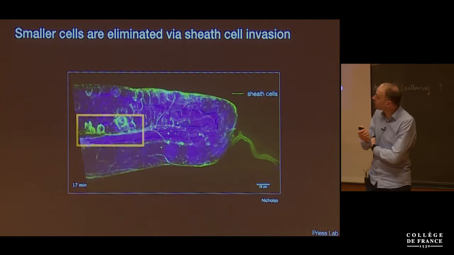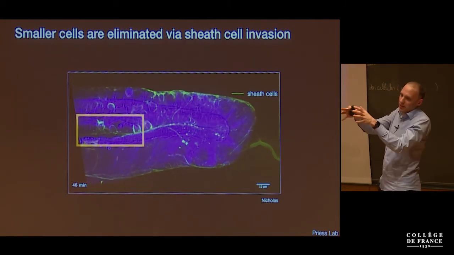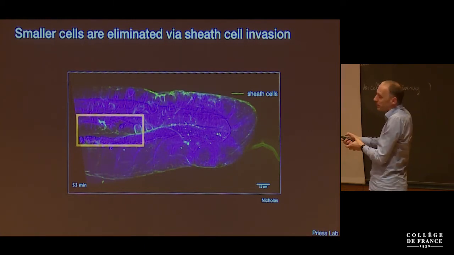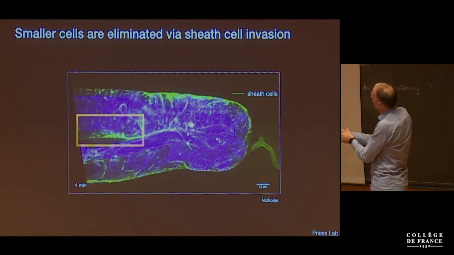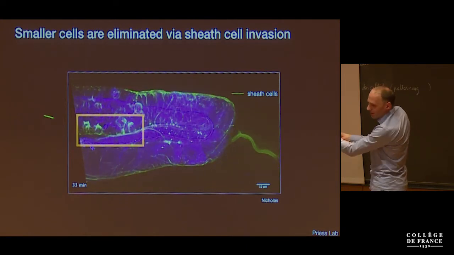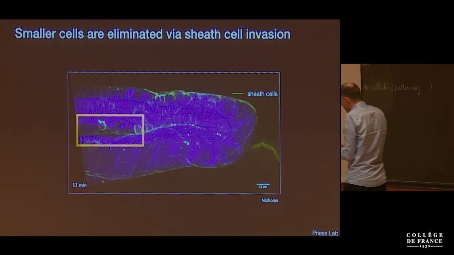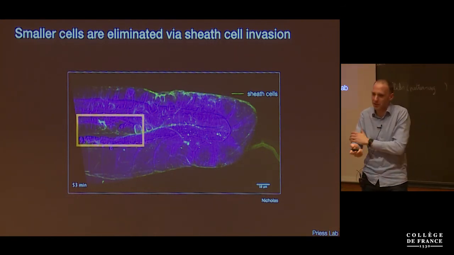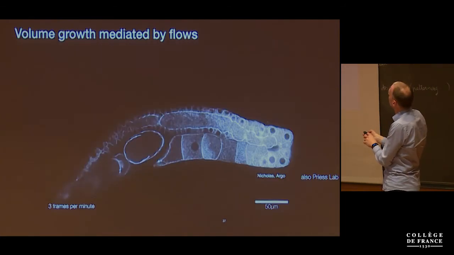When they die, they are taken up by cells that surround the gonad, a muscle layer, so-called smooth muscle cells. They're called sheath cells, and you can see it here for one cell. They engulf these small germ cells, and then they just pinch them off, okay, and remove them. And they do this in response to apoptotic signals that are present at the surface of the cells, okay? And this has been well studied by a couple of labs.